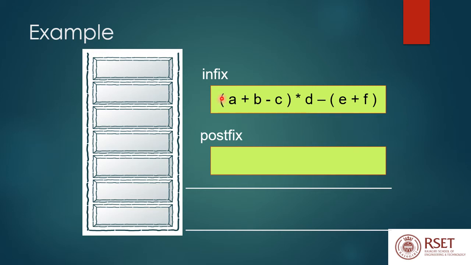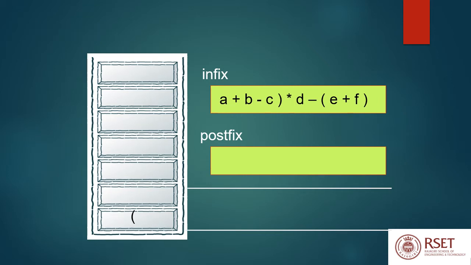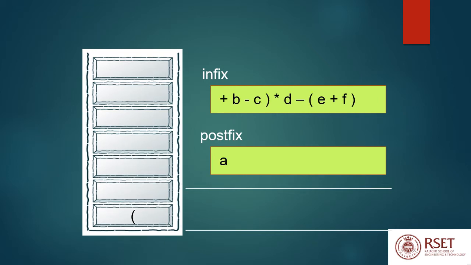Look here, I can see an opening bracket, that is a left parenthesis. I can see operands, I can see operators, I can see a closing bracket or a right parenthesis. So what should I do when I find all these things? Here, I'm not adding those extra brackets; I'm just giving the basic steps. I'm seeing an opening bracket, push it into the stack. I'm seeing an operand, I move it to the postfix expression. I'm seeing a plus, I push it into the stack, no problem, because you have an opening bracket which has the least priority.